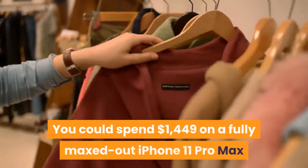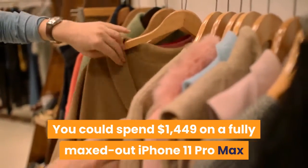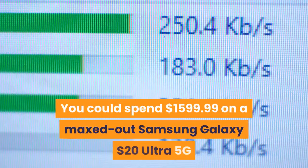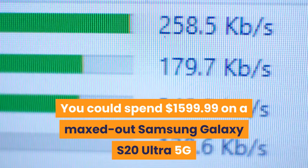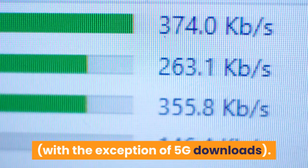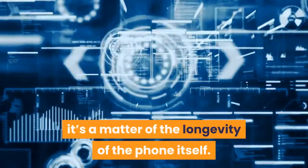You could spend $1,449 on a fully maxed out iPhone 11 Pro Max and it wouldn't be faster than the iPhone SE. You could spend $1,599.99 on a maxed out Samsung Galaxy S20 Ultra 5G and it would be theoretically slower, with the exception of 5G downloads. This isn't just a matter of processor megahertz per buck, it's a matter of the longevity of the